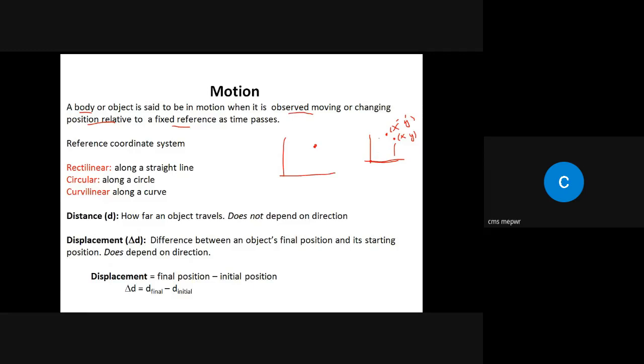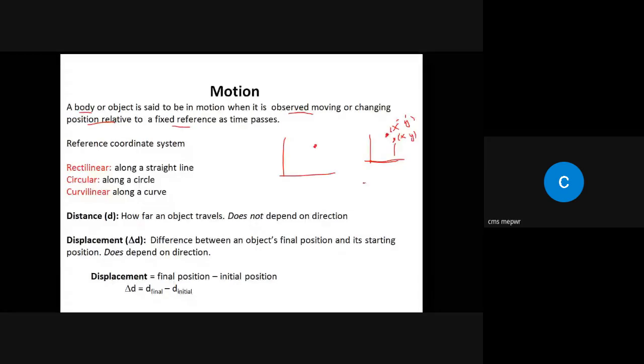Okay. Now, distance. What is distance? Distance basically represents how far an object travels. And remember that it does not depend on direction, whereas displacement depends on direction. So how can we find displacement? It is very easy. If this is the final position and this is the initial position, just subtract the initial position from the final position, and you will get displacement, and usually displacement is represented by